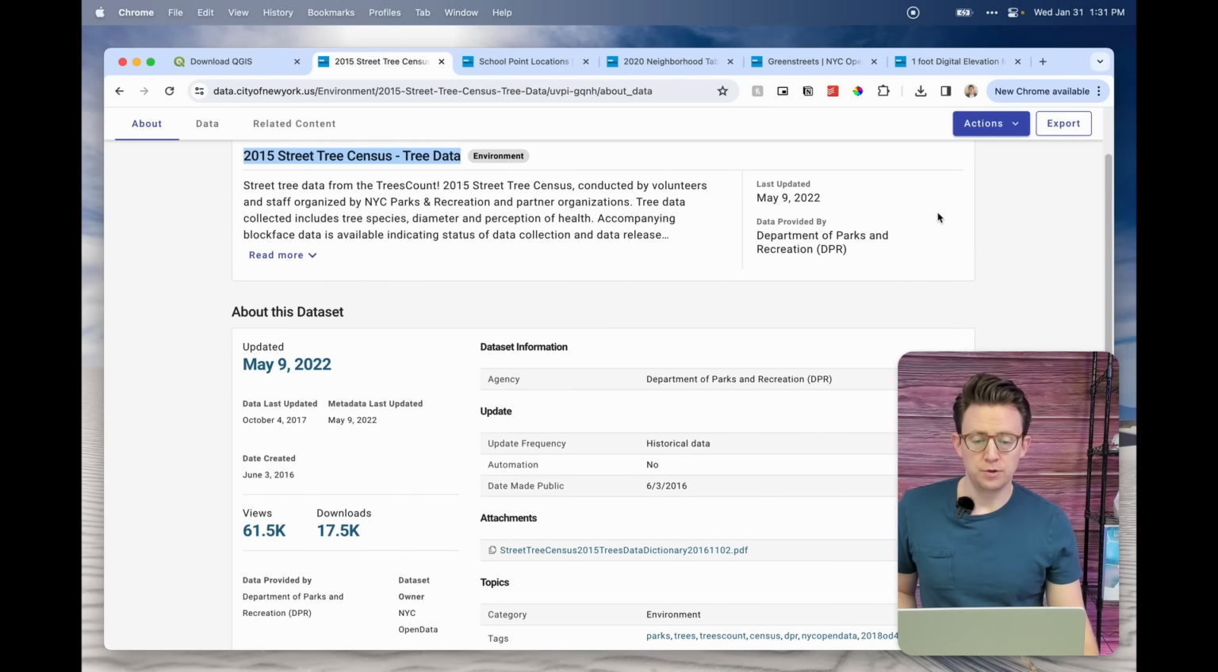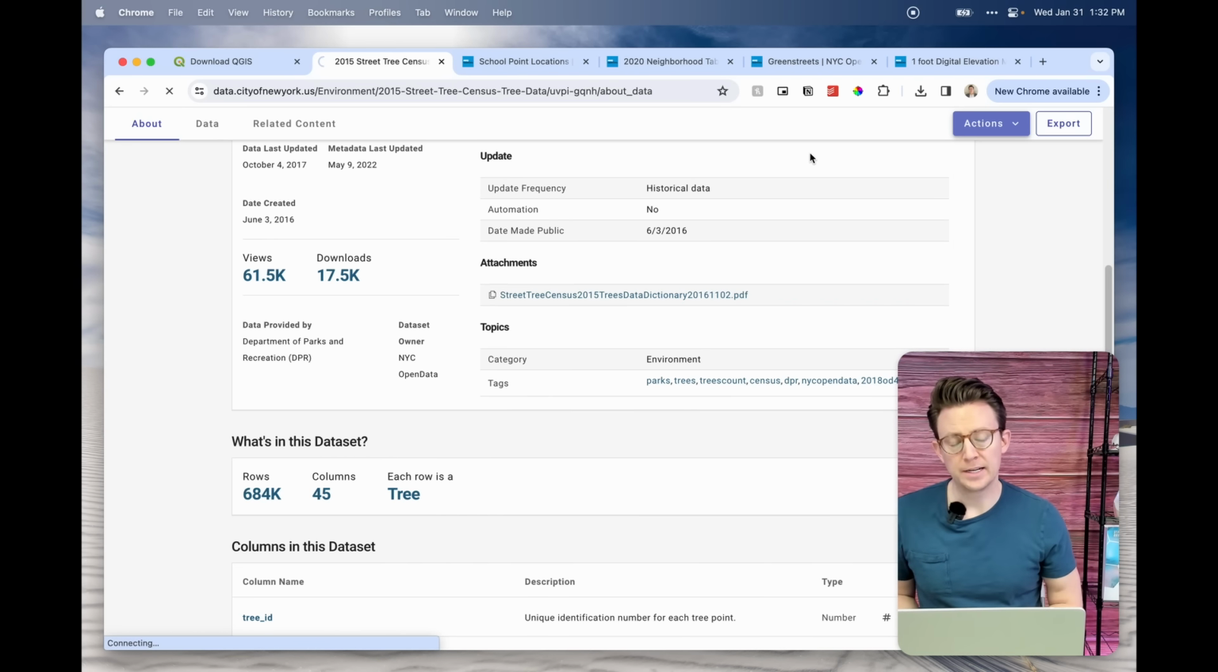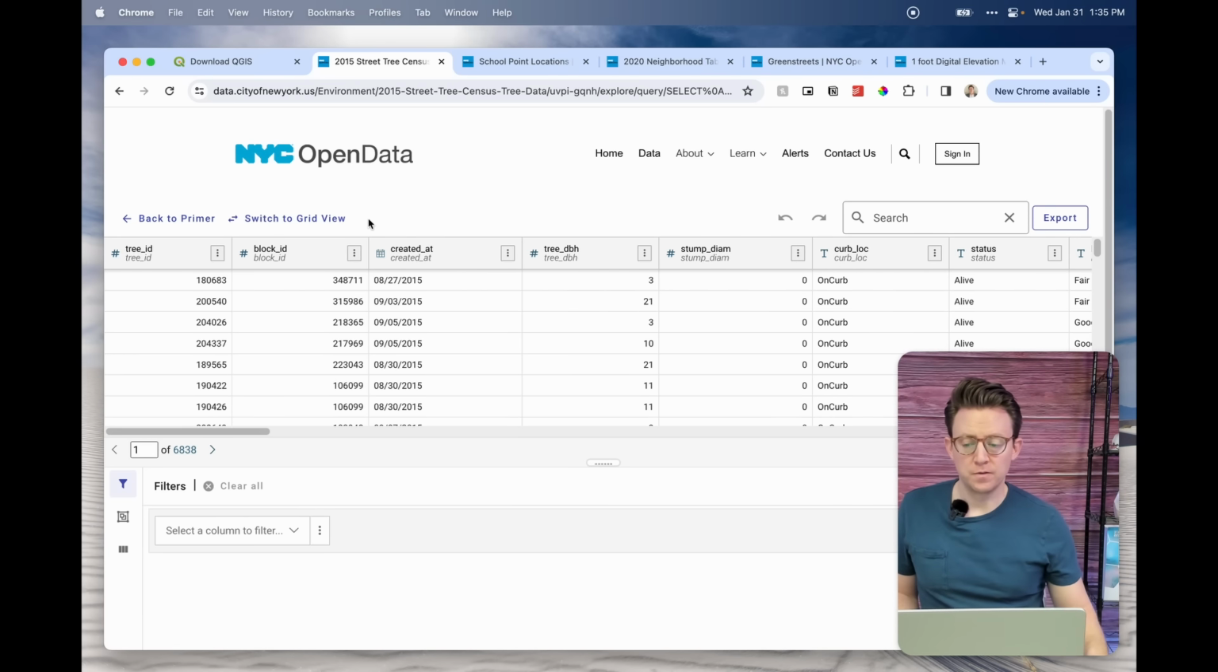So that's what we're going to do, but we don't actually want to download all of the data. It's quite a large data set. As you can see here, it's 684,000 columns, which is a little bit large to render in QGIS. So what we'll do is we'll hit up here in Actions and go to Query Data. That will allow us to actually filter the data down a bit and pull just a sample of that data just for Manhattan only. Okay, so this is the view we get to when we want to filter our data,